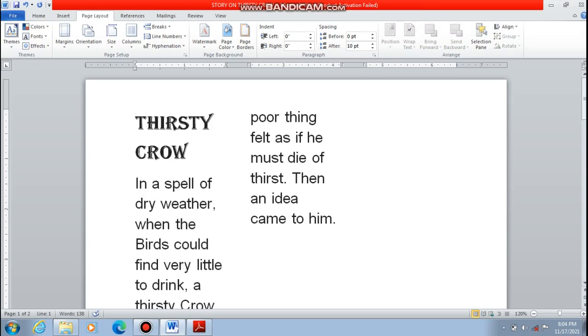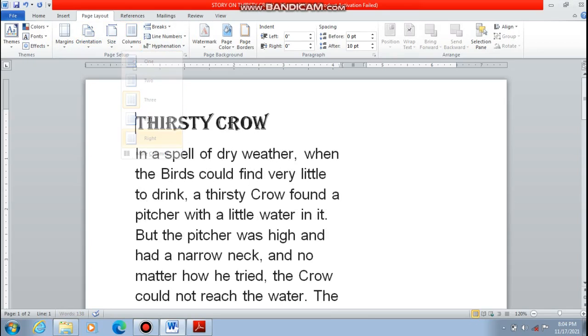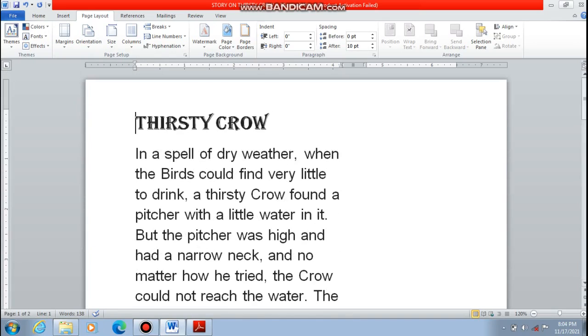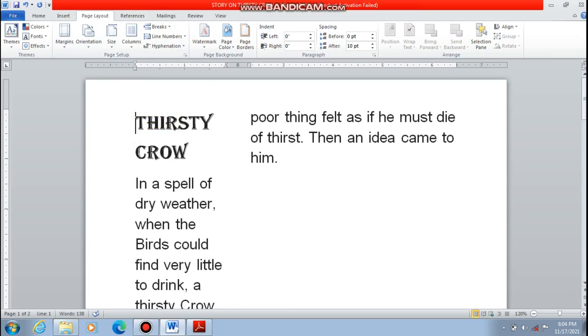Next, again let's change the size. Okay, if you want it on the right side, so everything will be on the right side of the Word document. Everything is on the right side of the Word document. Okay, similarly on the left one as well. Okay, so this is the left, so now it is on the left side. So this is how you can create a newspaper column according to your design needs.